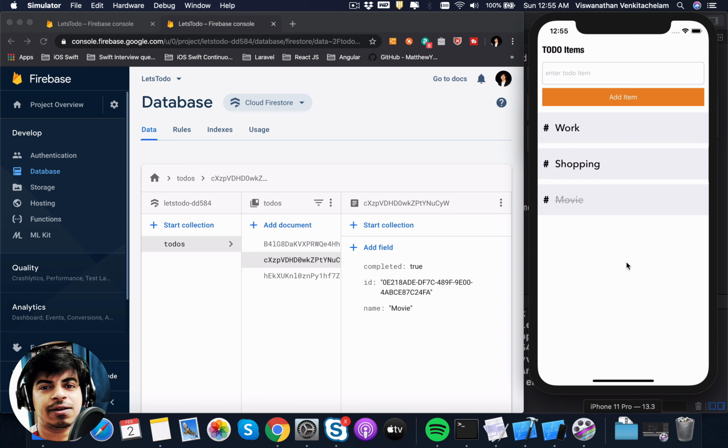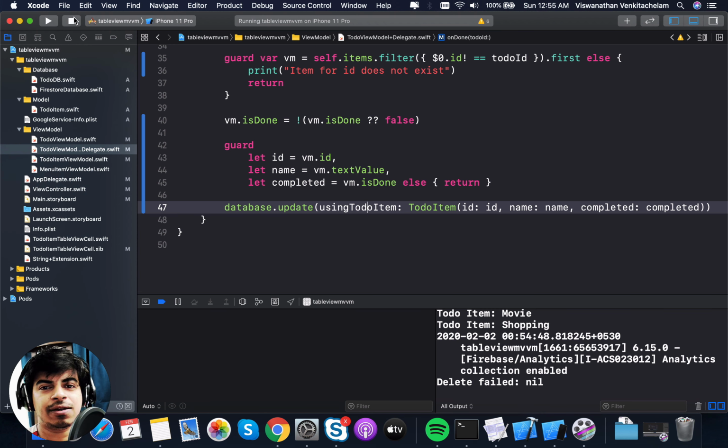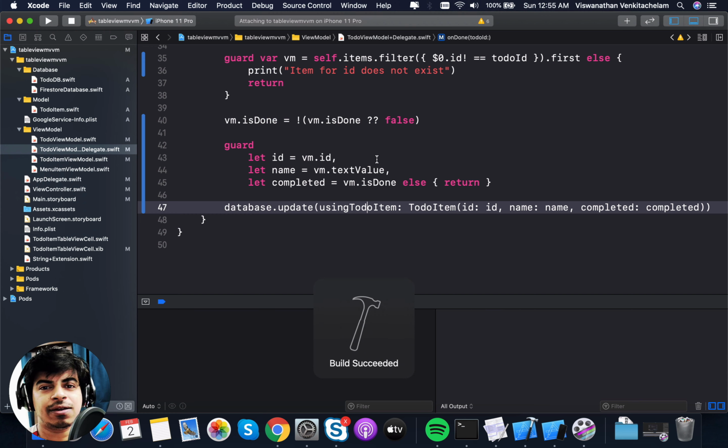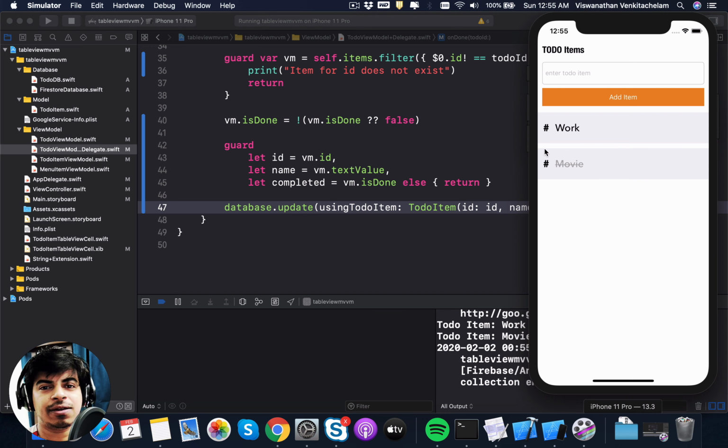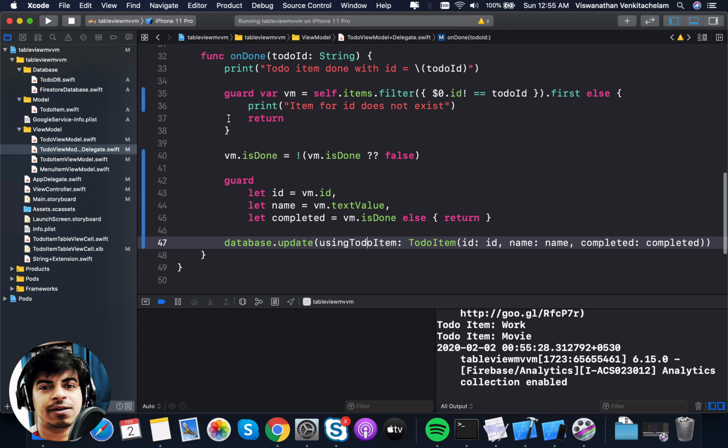The remove, boom, it's gone from the server, but it's still there on my local, because the code to remove it from the view model is still not there. So if I rerun this, it's going to show me 2 items, because it's going to fetch that snapshot again. So let's write the last bit of it,